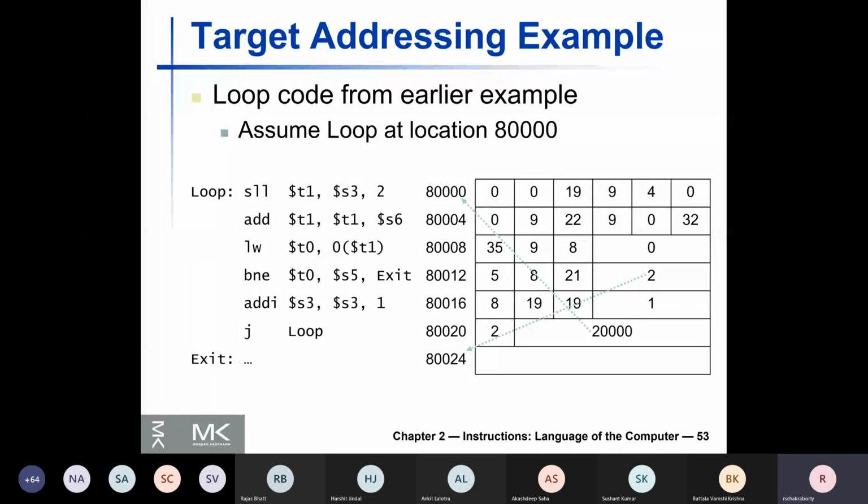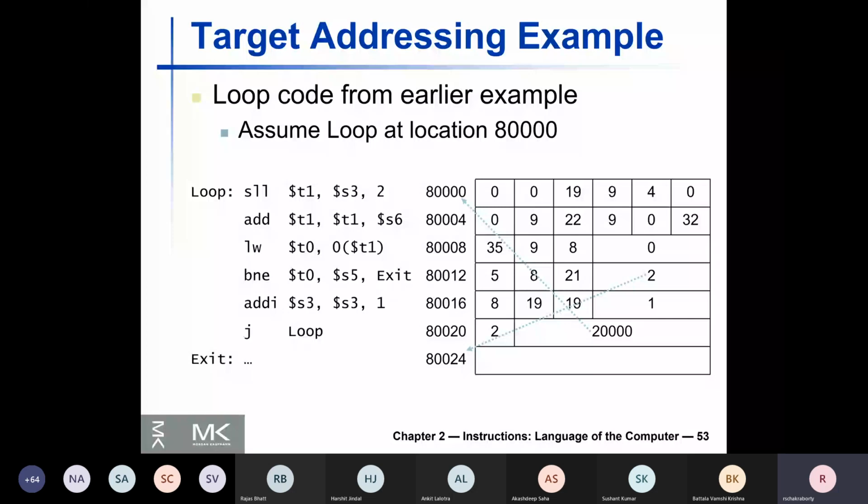It shows the opcode, then the 2 register operand numerical values, and then the other fields. SLL is shown, add is shown. We have seen these things earlier also.